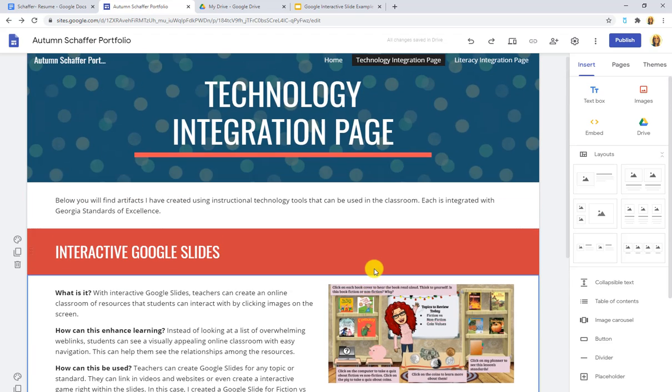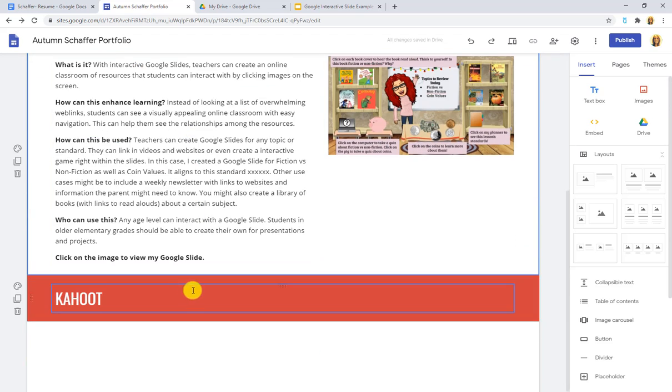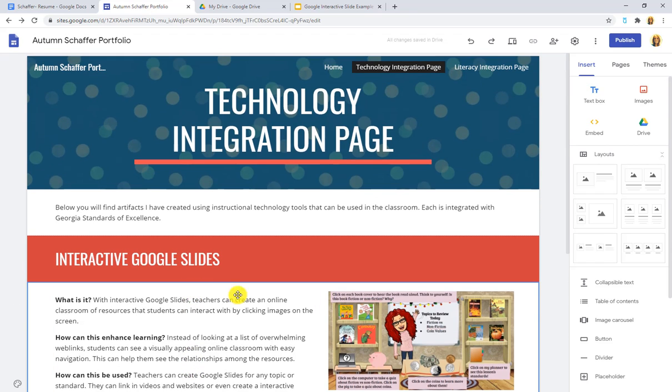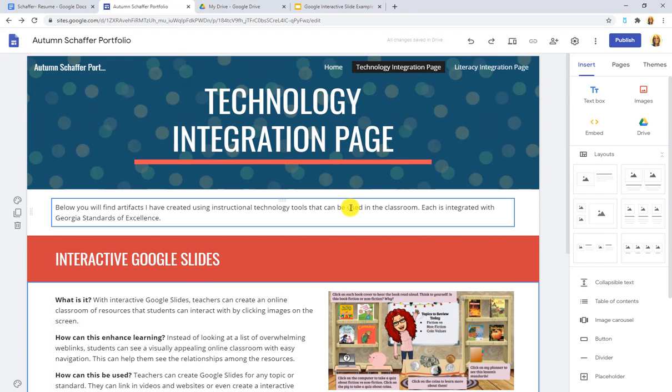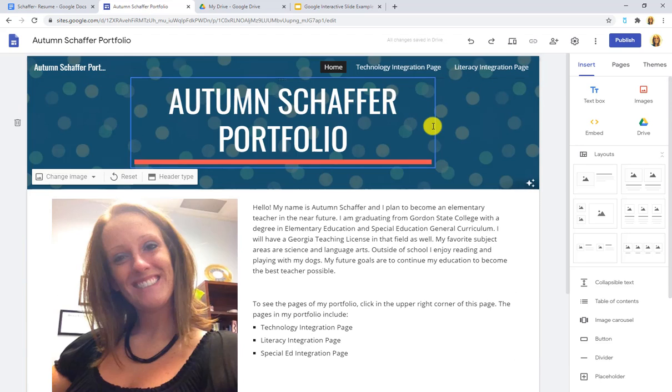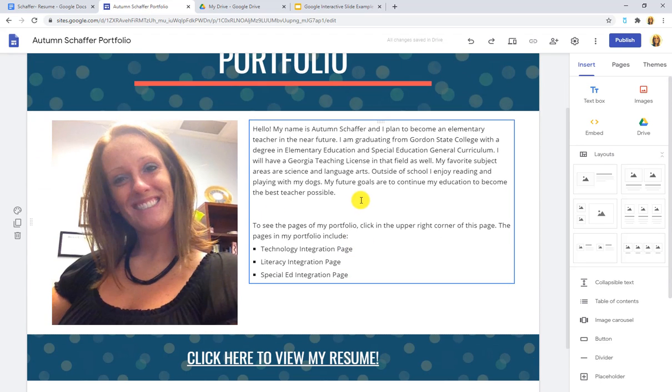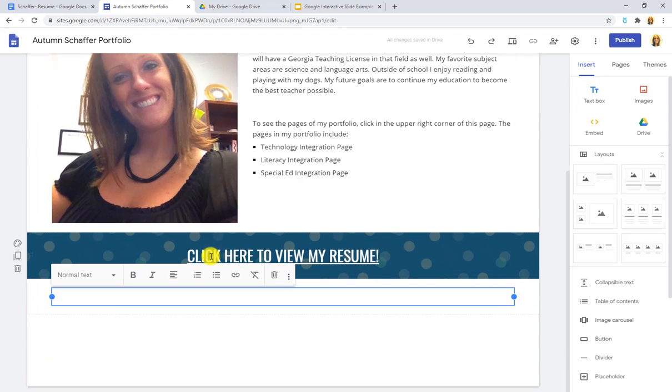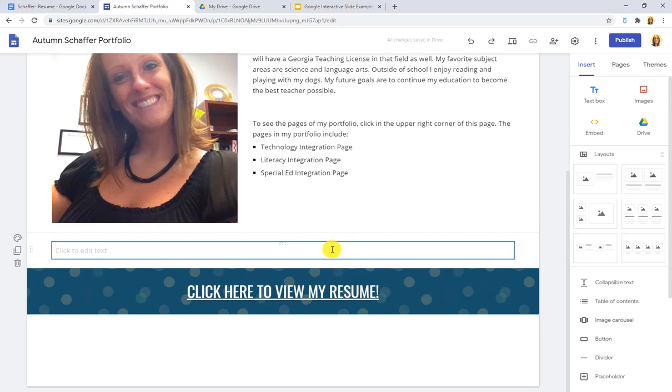All right, so now you would continue so on and so forth, and after you are completed with that, you are basically finished with your portfolio. So you just want to check over everything. On your homepage, I did forget, you want to make sure to put your email in here somewhere. So I'm just going to add myself a little text box down here. Email me at